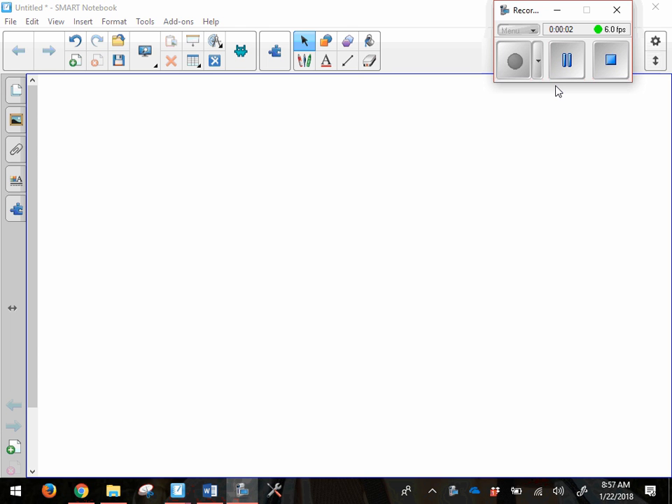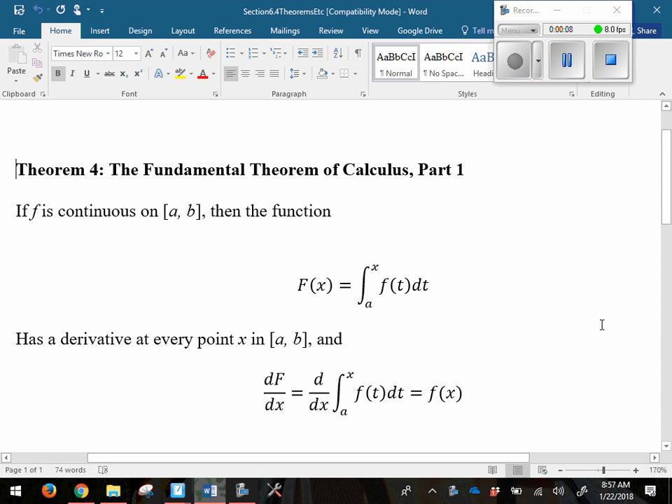Okay, so let's start 6.4. And 6.4 is about the fundamental theorem of calculus, part 1, which says if f is continuous on the closed